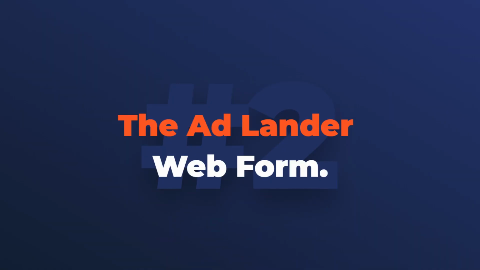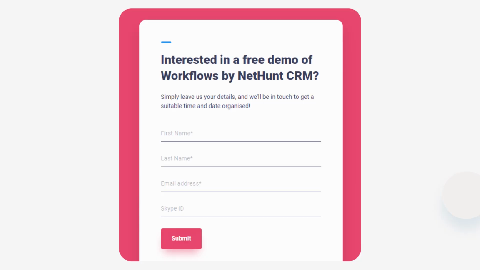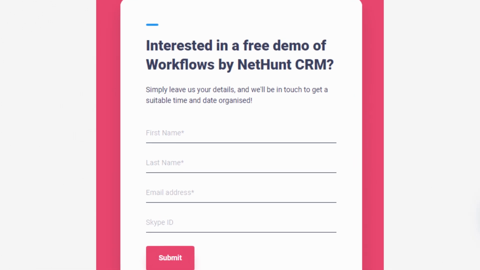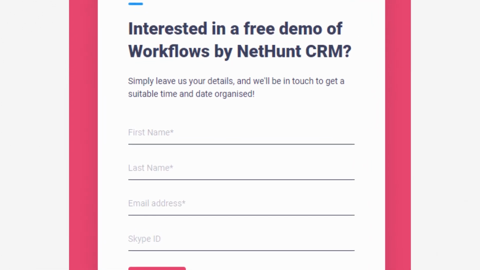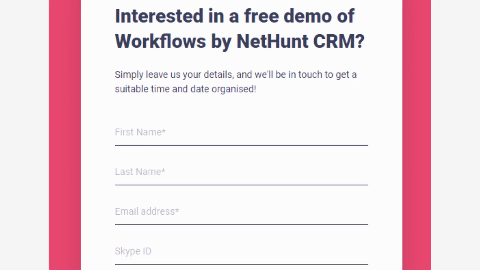The next one's a big one, the ad lander. Because what's the point in spending all that money on Google Ads if you don't go anywhere? Create landing pages for all your ads. If you are still hungry after reading that landing page, great. Stick a web form there for maximum ad value. Open up a conversation with your prospects and leads. The ad lander web form should be short and sweet. This ad landing page web form simply asks for names, email addresses, and details for your preferred method of contact. In this case, it's Skype.